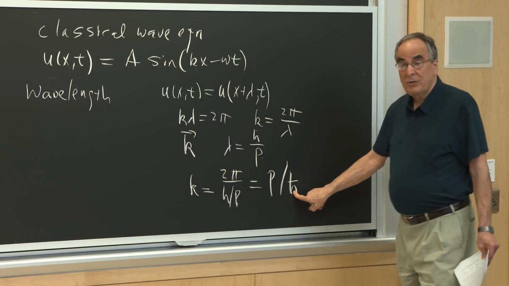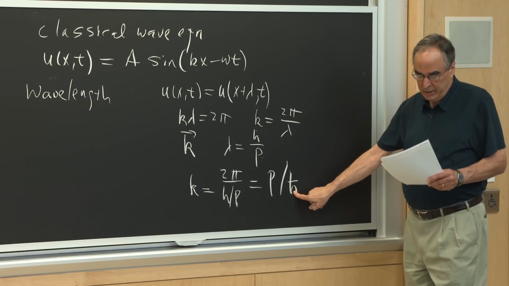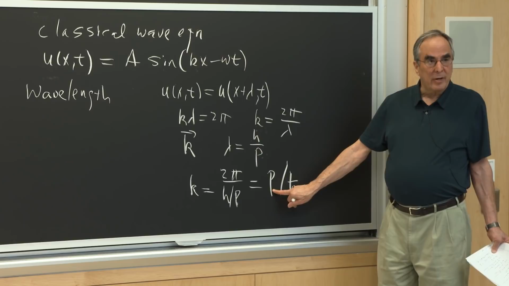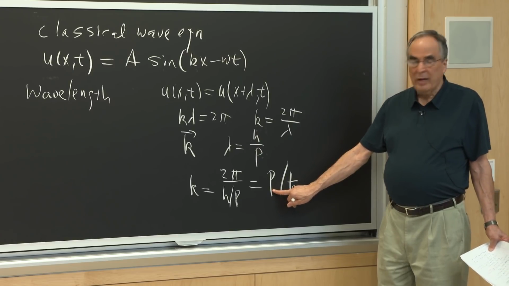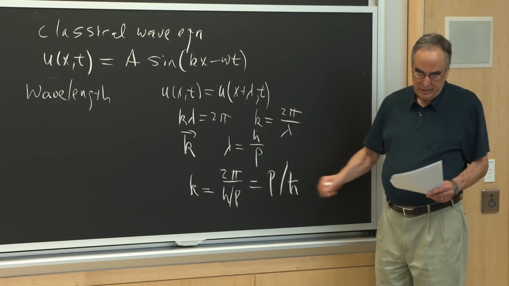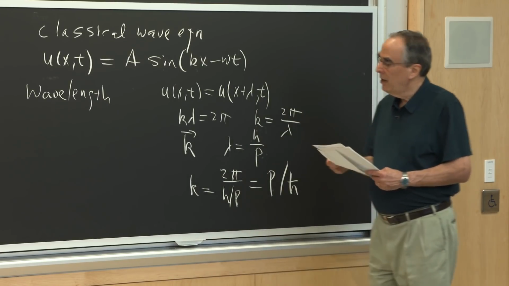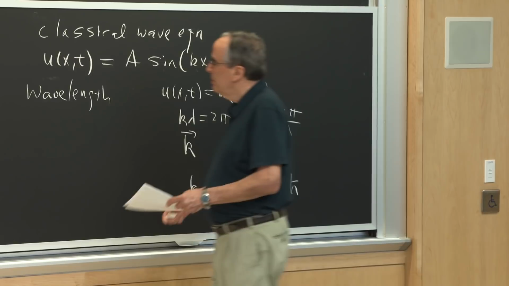Now h bar is h over 2 pi, and so the wave number is large if the momentum is large, and the wavelength is small if the momentum is large. Okay, now what about the velocity? So we have a wave,